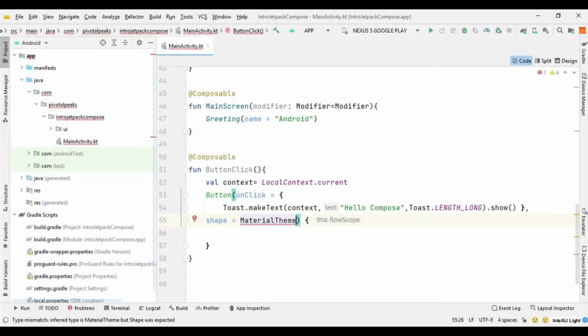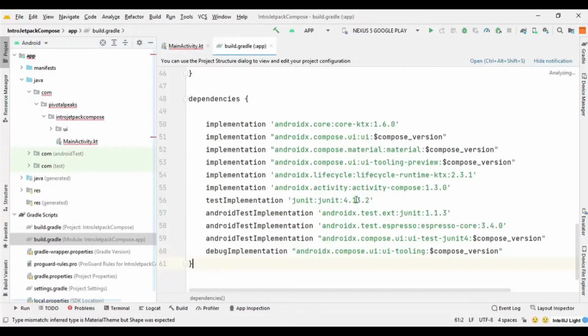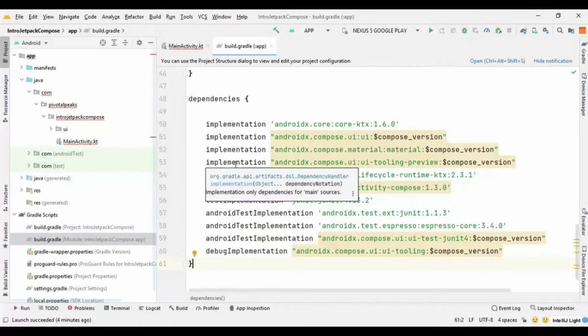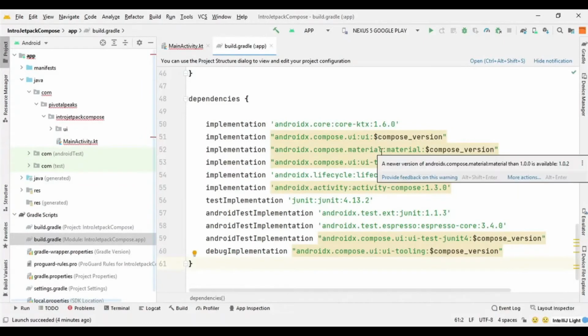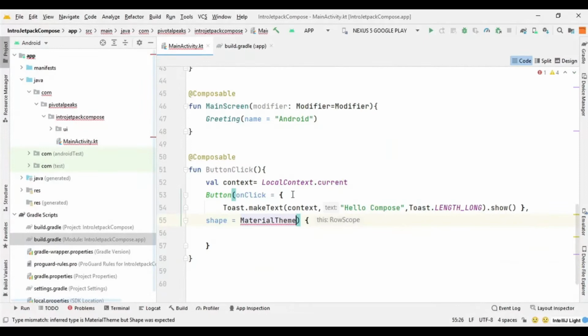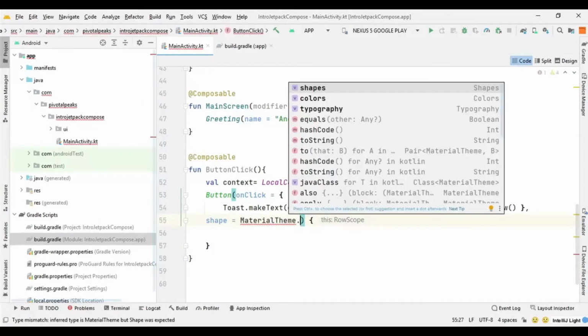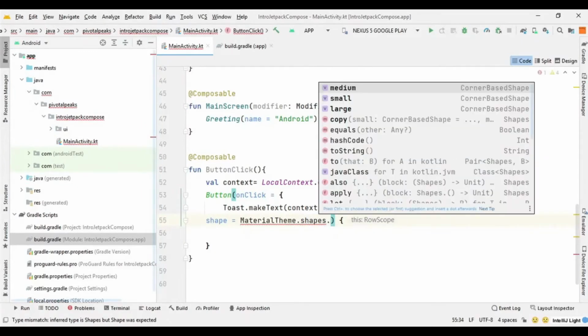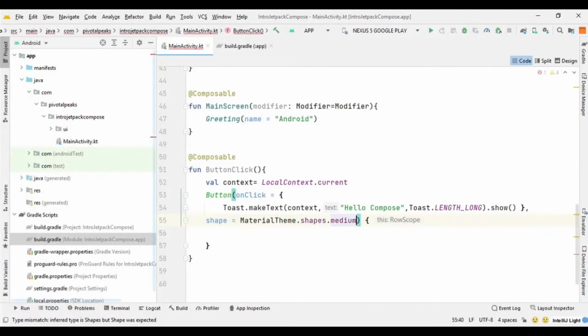That's where the Material Design dependencies come, which already come by default, so you don't have to insert them yourself because they already come when you create the app. So we will just use MaterialTheme.shapes, and it provides 3 shapes. I am going to select the medium.